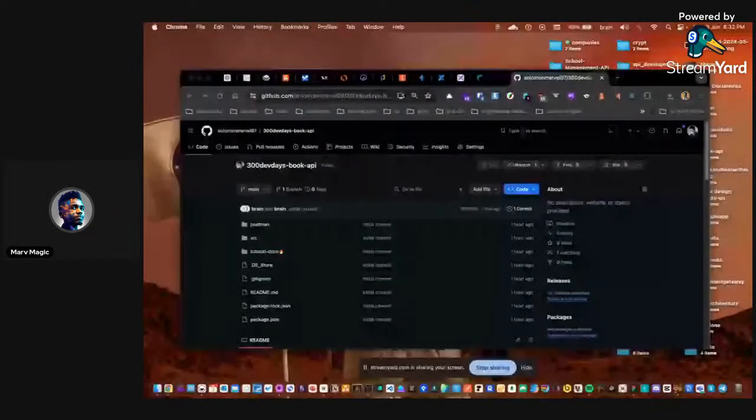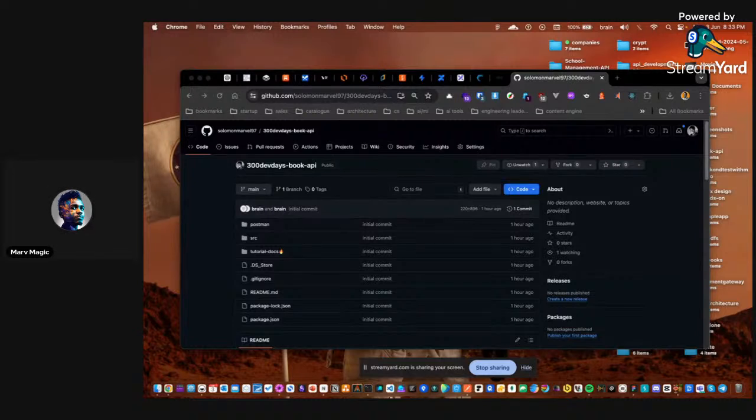We are going to be building a full API, right? A book API. The expectation is that we should have an API that can perform the major CRUD operations using Express.js, using MongoDB and Mongoose as an ODM. And we're going to be setting up the Postman collection to see how this actually works. So I'll pay a lot of attention to the Postman side of things, right? I want you to pay attention to that as well. I'll put a lot of work into explaining the details of Postman and how you can use Postman for API